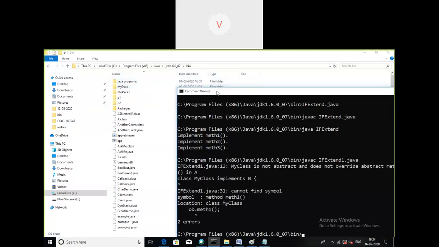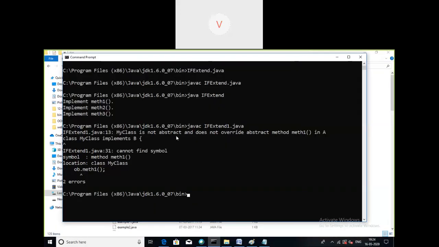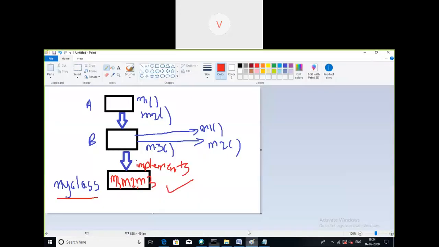So what error is it showing? It says clearly: my class is not abstract and does not override abstract method one in A, because that is mandatory. What is mandatory? If my class is implementing this interface B, then it should provide the definition of all the methods present in B. How many methods does it have?